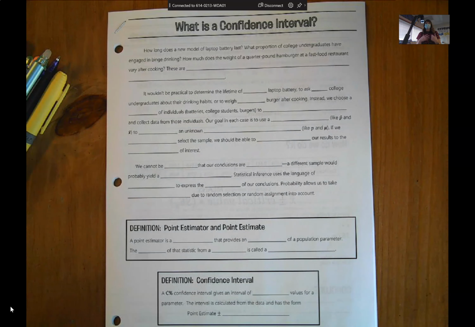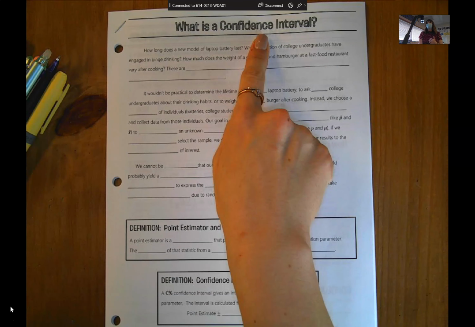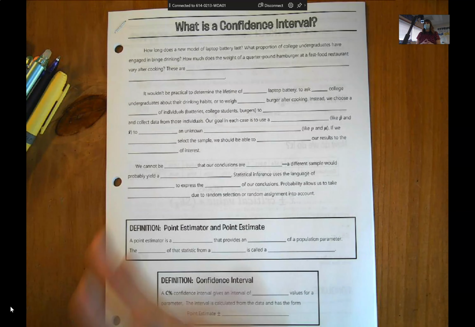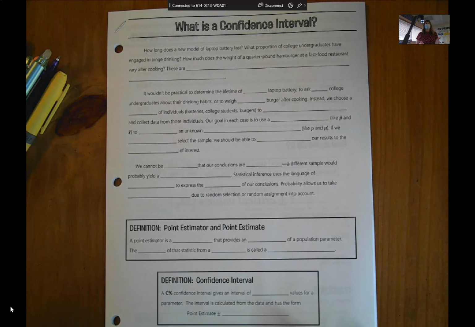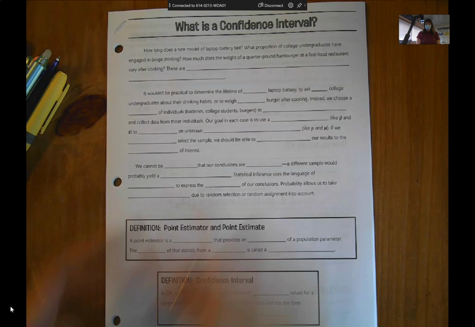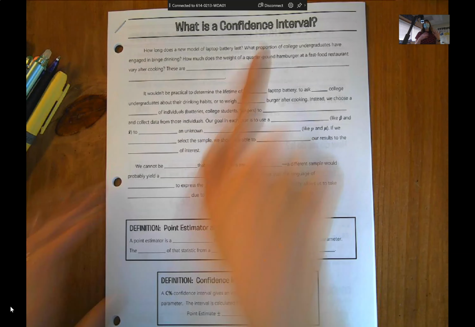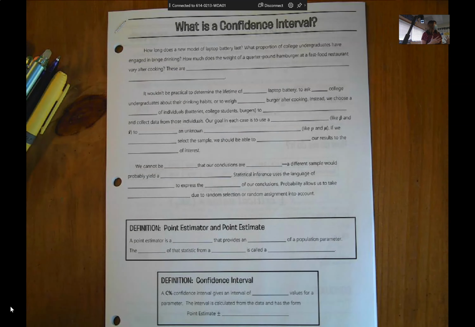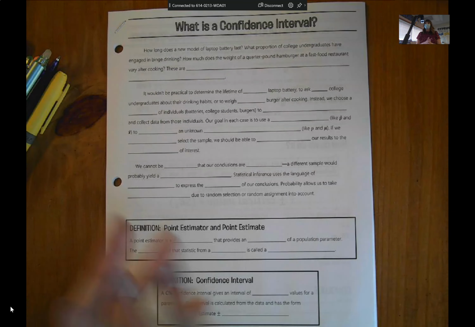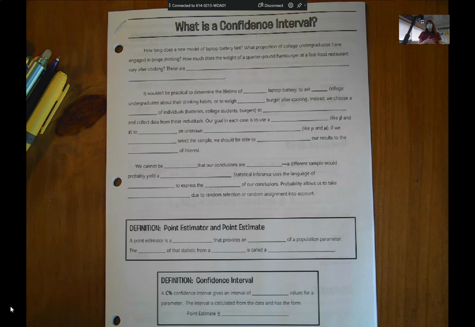So sampling distributions is our foundation for confidence intervals and hypothesis testing. Sampling distributions are not something that you typically see in the free response on your AP exam. Sometimes you might, but instead, usually they ask you for a confidence interval or to test a hypothesis. So if you're feeling okay about the last unit, then I would say just do corrections. But if you're really striving for a 5, then I would do the retake and see where you're at.